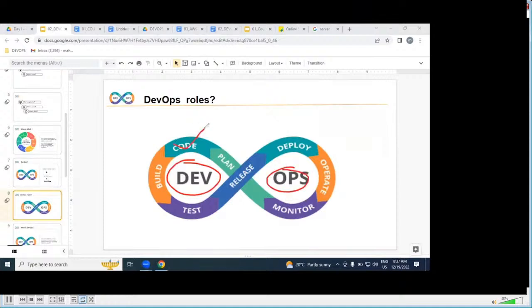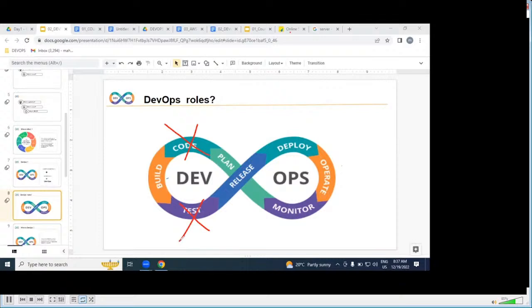That means we are part of dev environment, build, test, release, deploy, operation, and monitor. These are all the stages we are part of. But to be frank, we are not writing any code, and we are not writing any test cases.